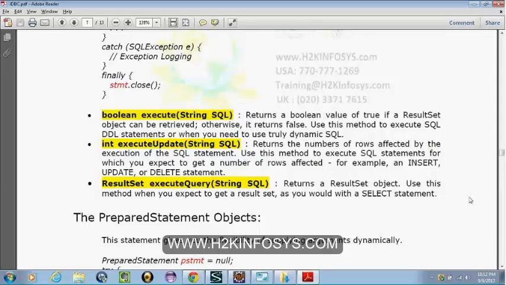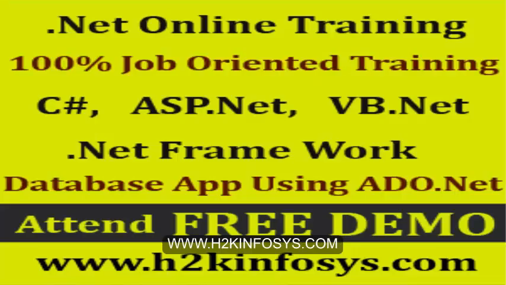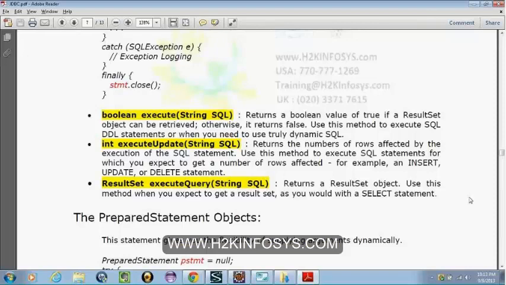And we have the executeQuery method, which returns a result set. We have discussed the purpose of a result set: when certain data is returned from the database. So what is the DML that returns data? The select, right? So when we do a select and it returns some data, we use the executeQuery method. It returns a result set, and that result set contains the data returned from the database. So we have 3 different methods that we use to execute queries.